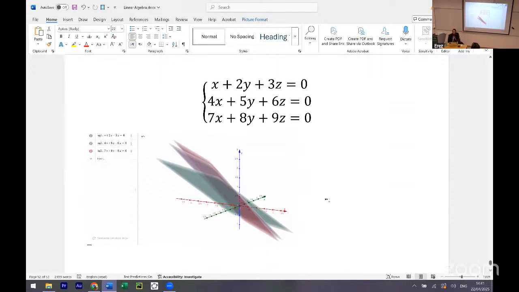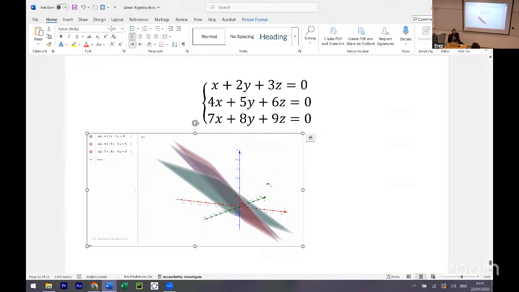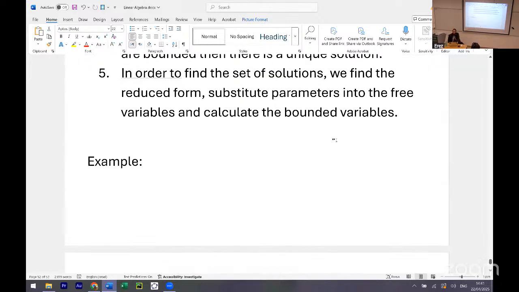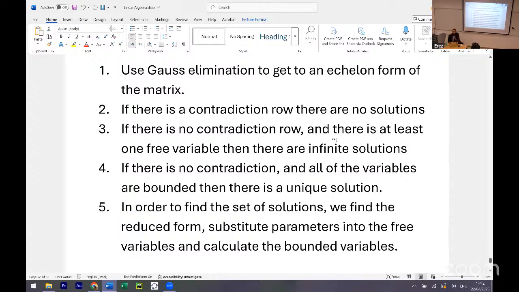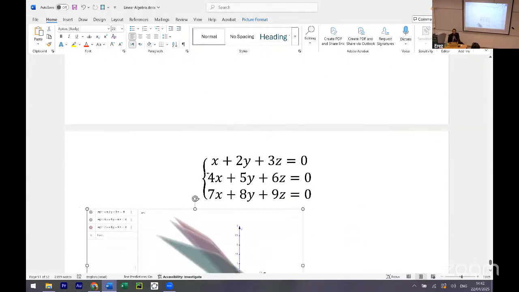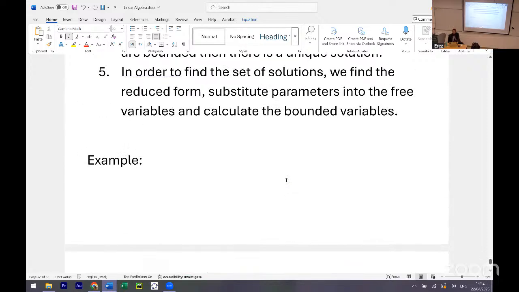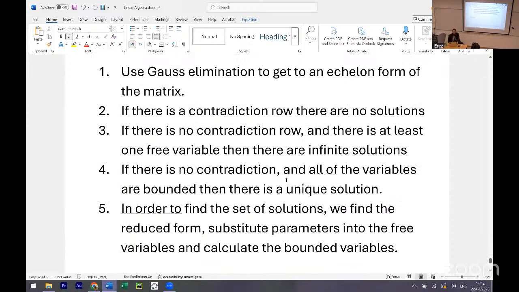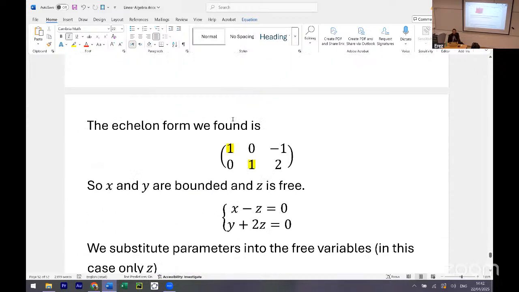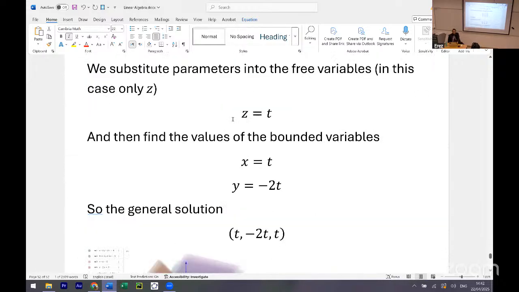So now we will find out that this is the graph basically, but only using algebra and only using these 5 steps. The first, the main one, is using Gauss elimination. And I remind you, this is a homogeneous system. All the constants are zero, so I don't write them in the matrix. So I just take the coefficient matrix, also copy paste this, and I will use Gauss elimination to get to the